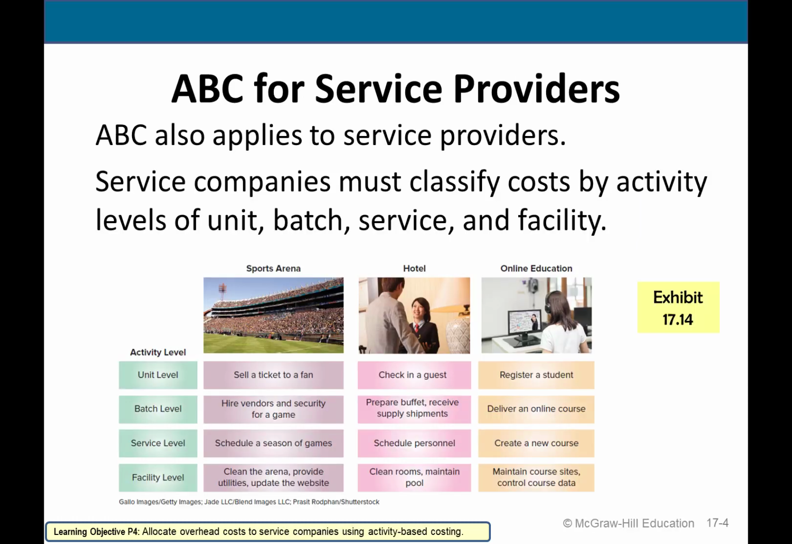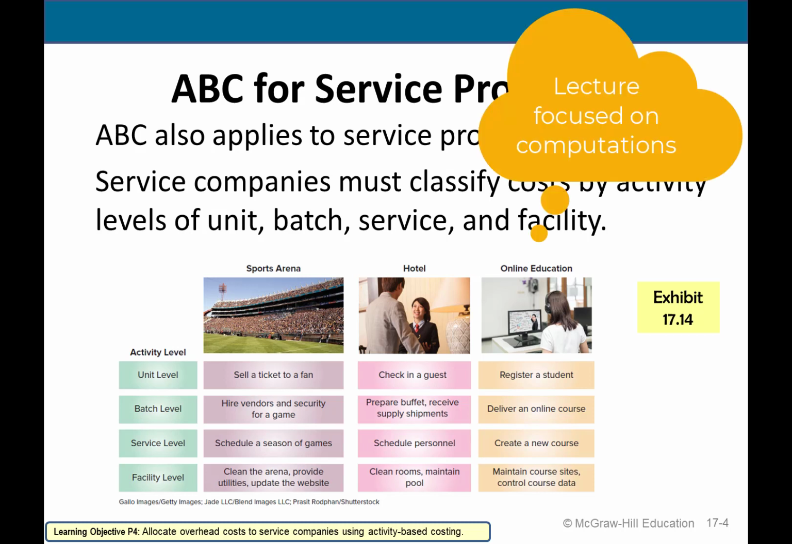And then also, don't forget that activity-based costing can also be used for service providers. I have seen this actively in practice, and it made a world of difference on how the prices for medical services were charged. So make sure to read the last part of the chapter. Our lecture focused on calculations, but you are responsible for the